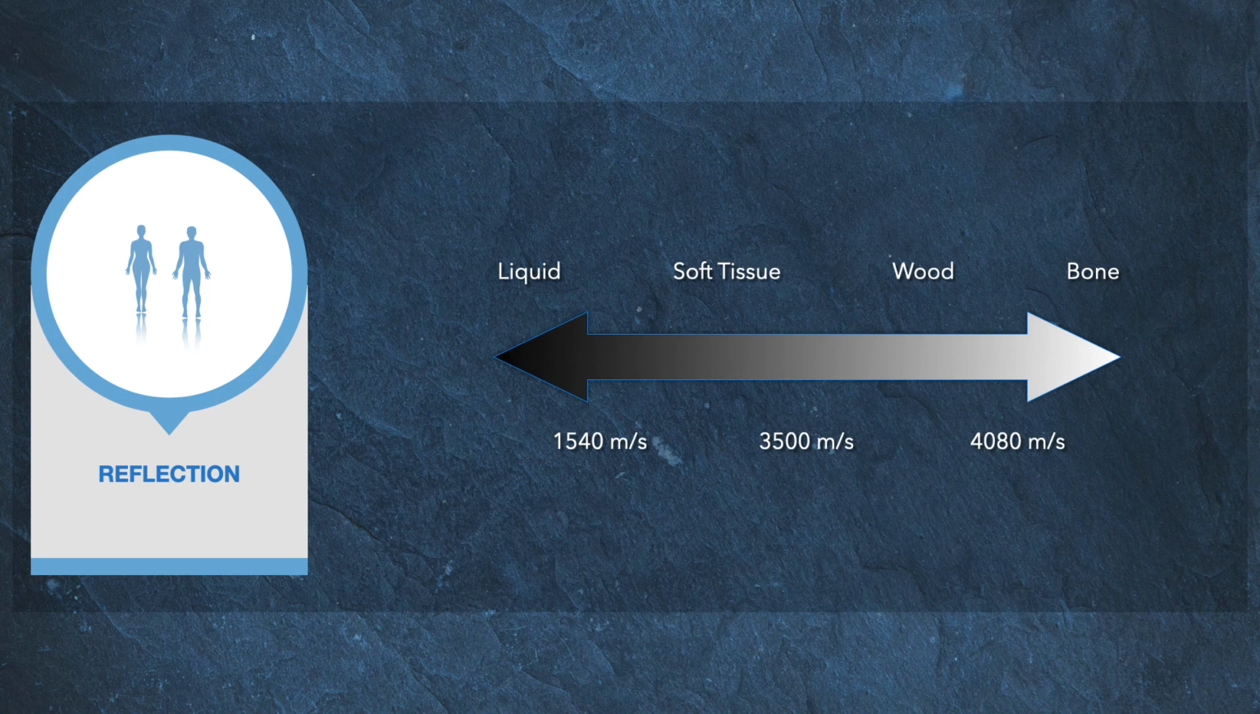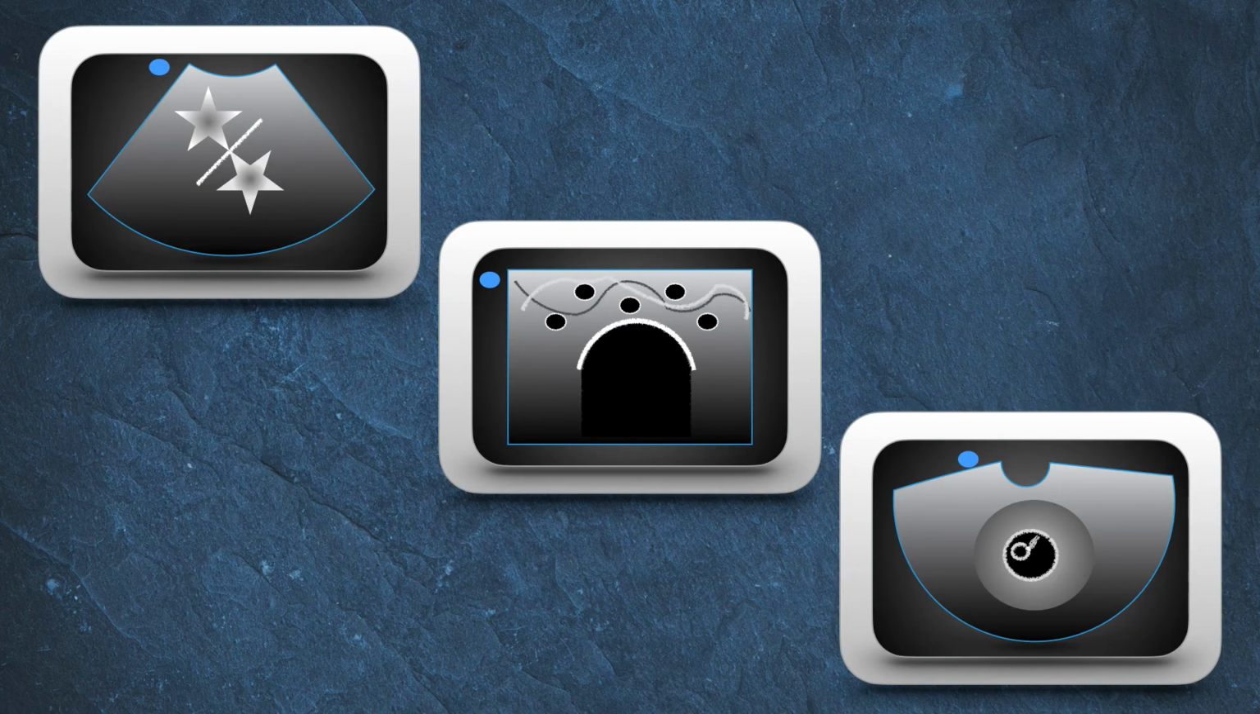One exception to the density concept is air, as air tends to be very reflective. Air will reflect most of the sound waves back to the machine, but it will also refract the sound waves in multiple different directions. This is why bowel gas or lung may sometimes get in the way when you're imaging different structures. The image on the upper left